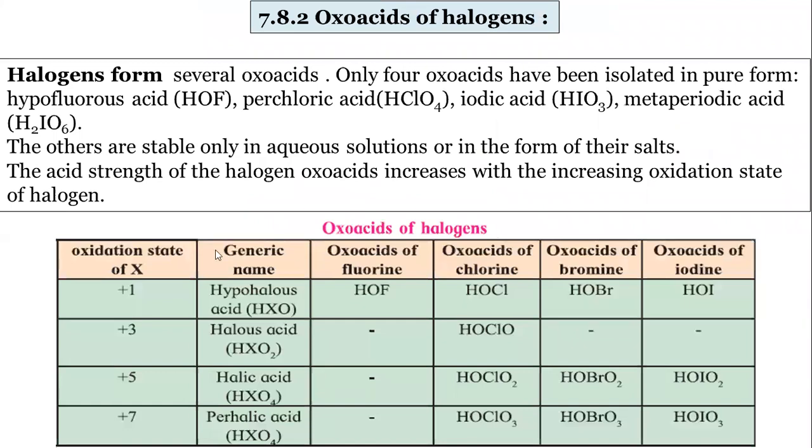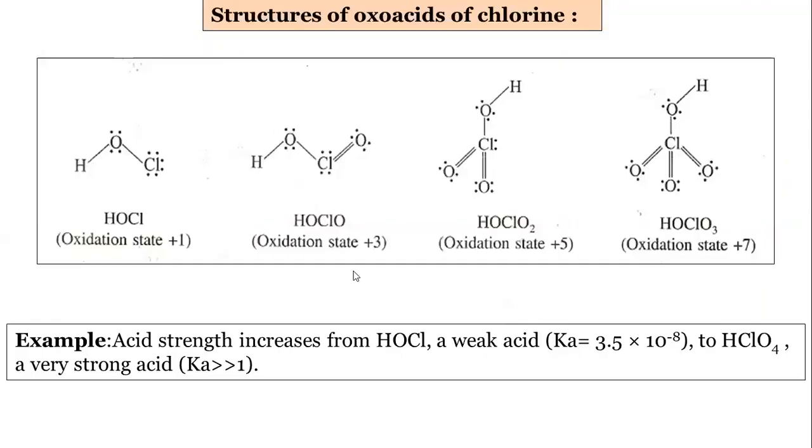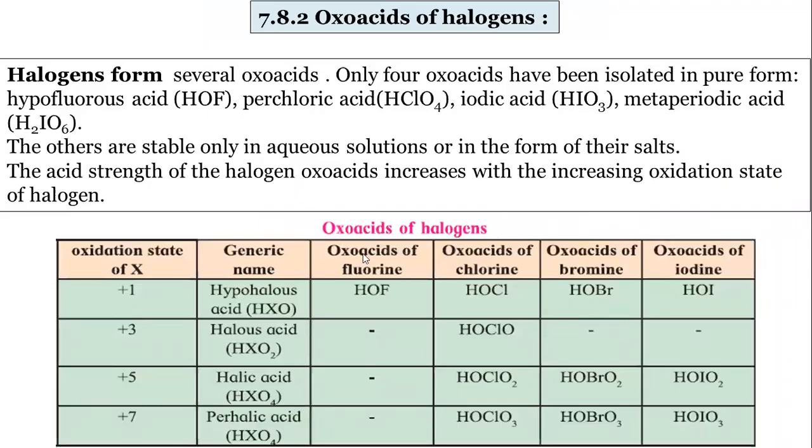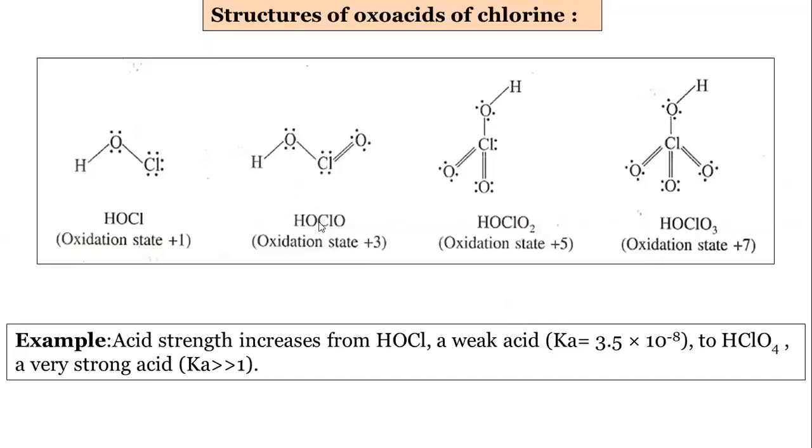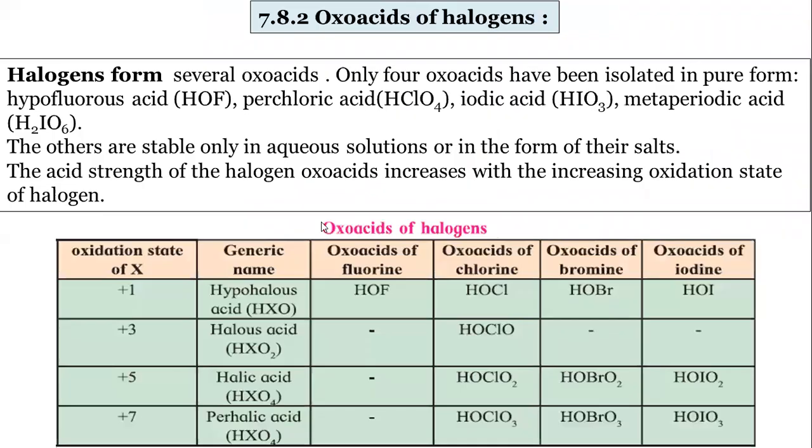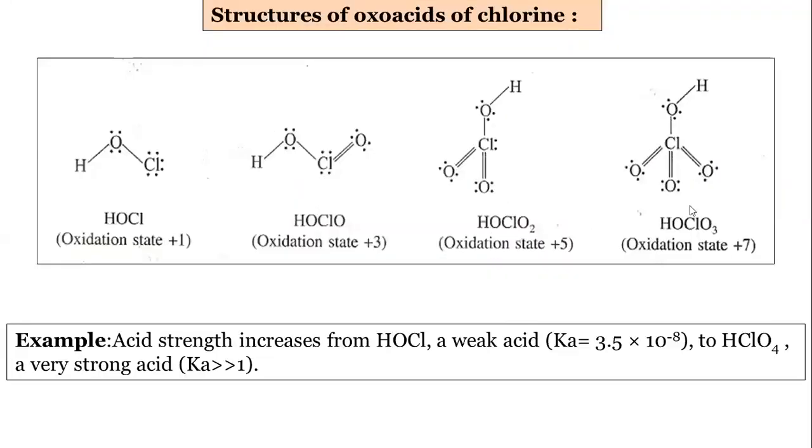These are the acids. First one, HOCl, is hypochlorous acid. Then HOClO is chlorous acid. Then this is chloric acid, and this is perchloric acid. So the first one is a weak acid, and this is a strong acid. Acid strength increases from HOCl. It is a weak acid, and this HOClO3